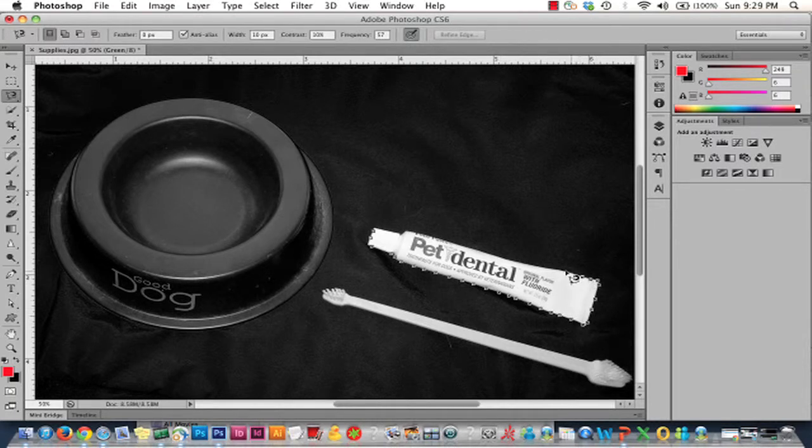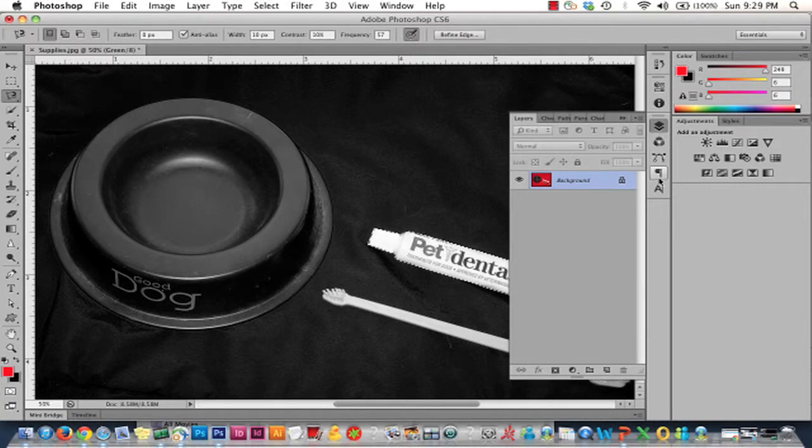You can basically use any tool you want though. Just sometimes for certain situations, some tools just work better than others. But there's no wrong tool to use. In this case, it was very easy to select the toothpaste from that channel. And then, let's see. Oh yes, and then what you want to do is create a copy of the green